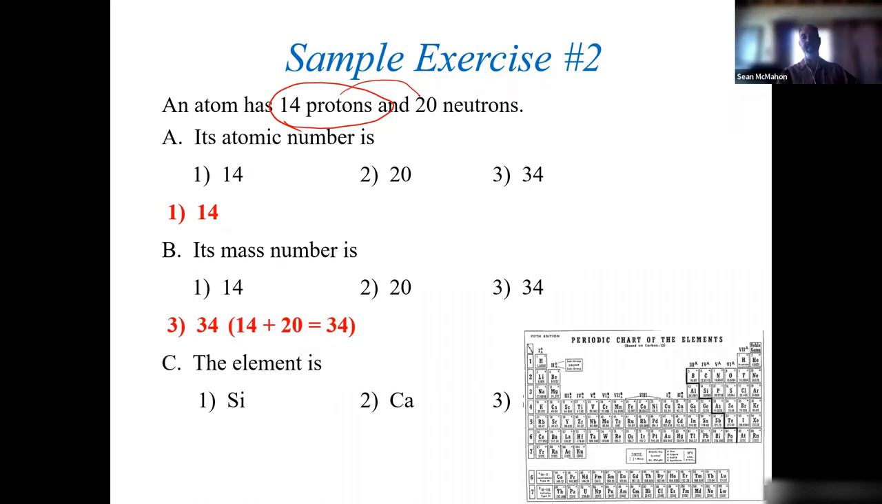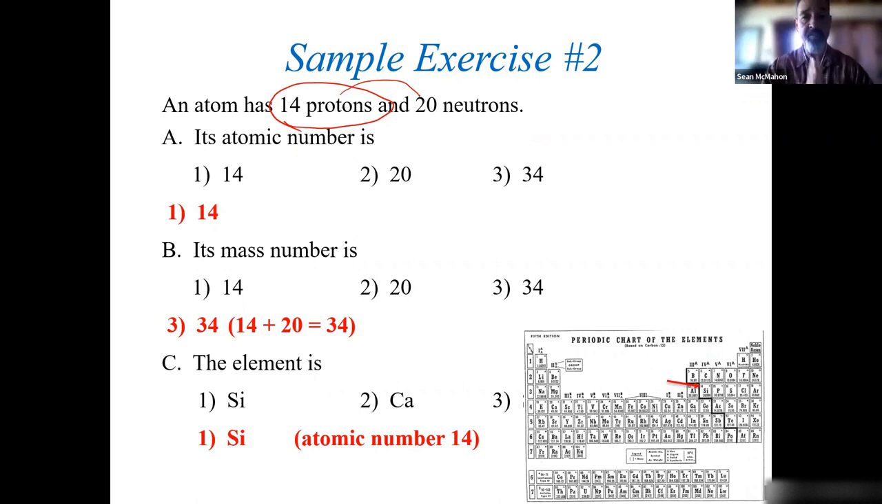What is this element? Okay, now I need the periodic table. And it's silicon, because its atomic number is 14. Silicon's the 14th element on the periodic table as I read. So that is actually